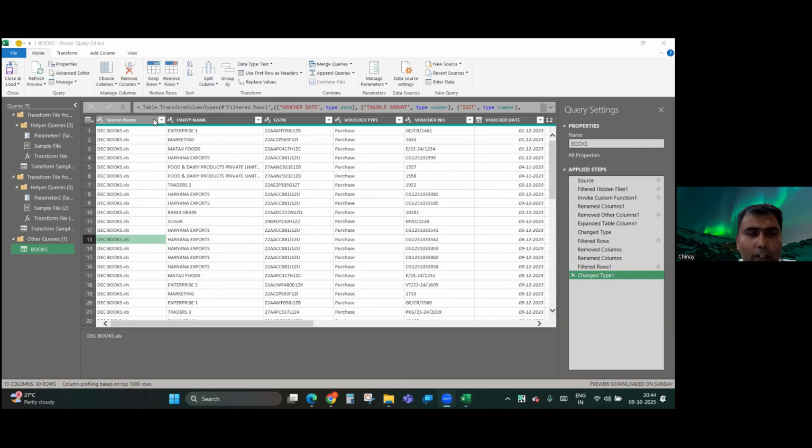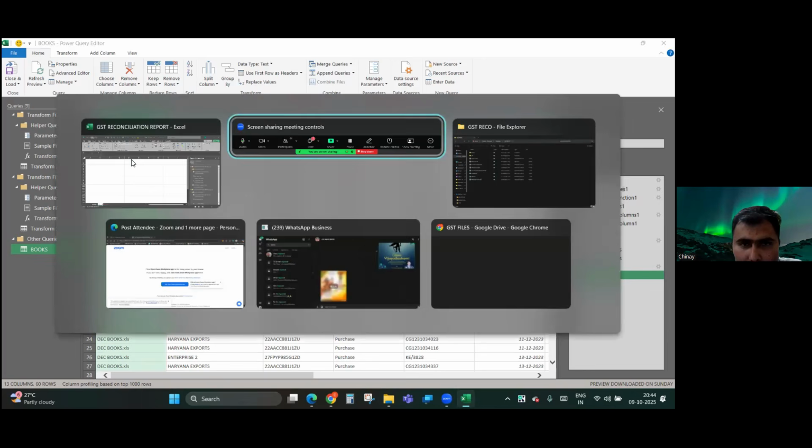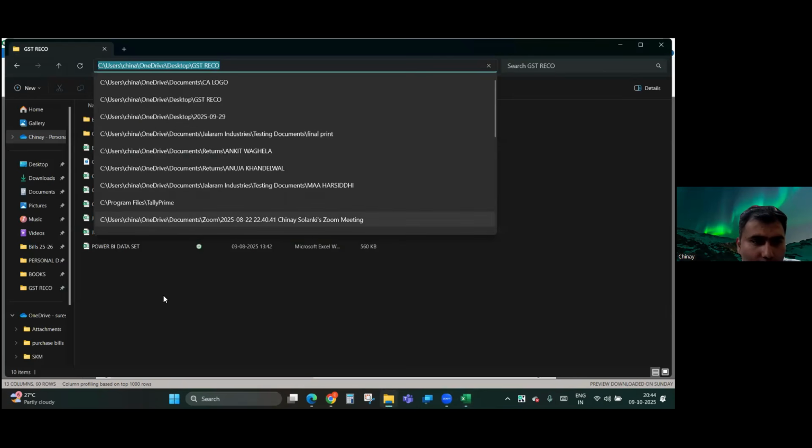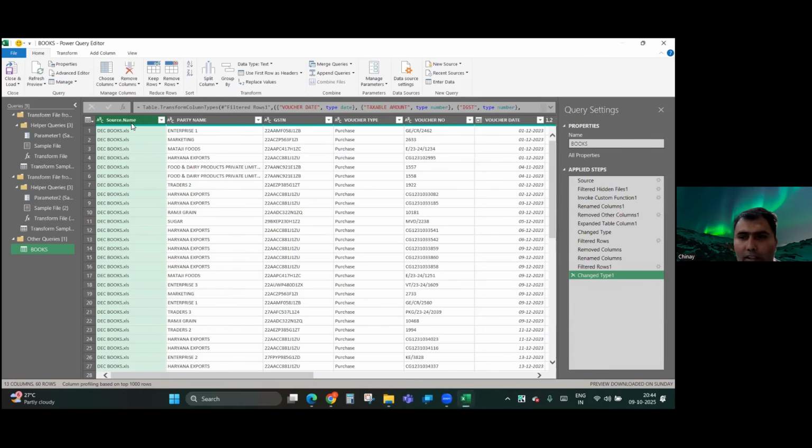This source name is the name of the file which was inside the folder. I'll just open the folder for you. So this was the name of the file, decemberbooks.xls, representing that the file type is Excel. So we will use the find and replace function, similar to Excel. We just select this column, and here in transform, we can see an option of replace value. We'll click on replace value,